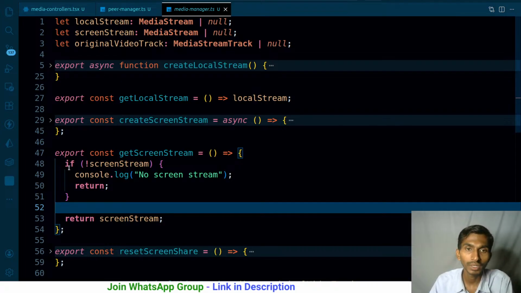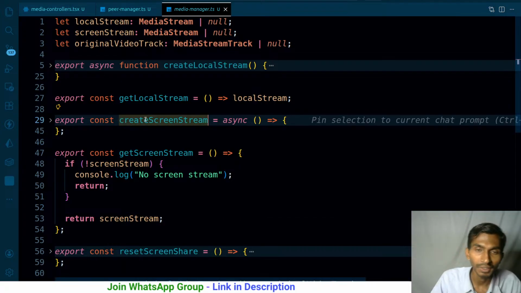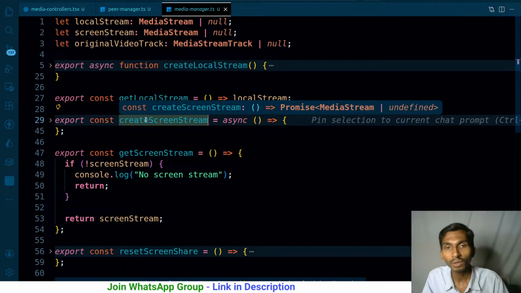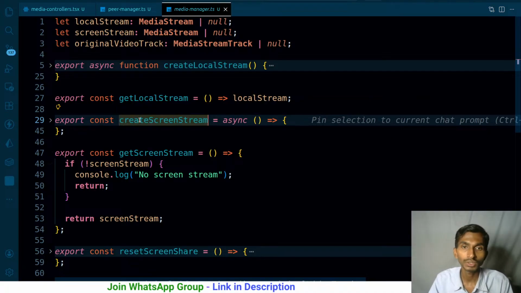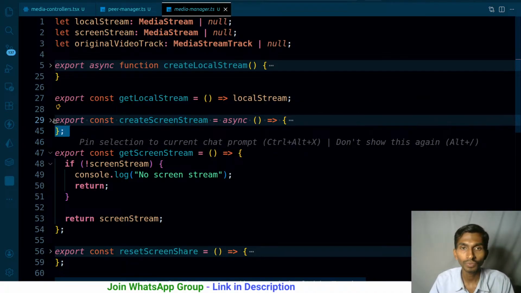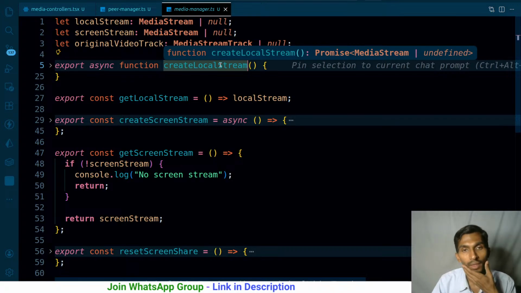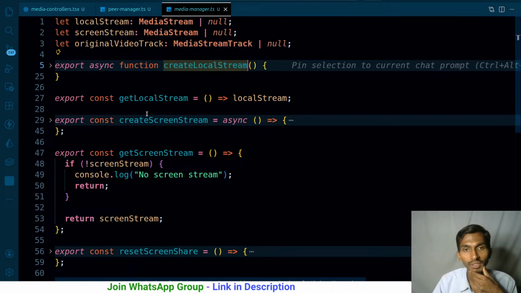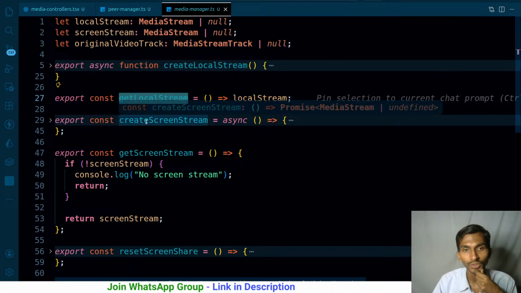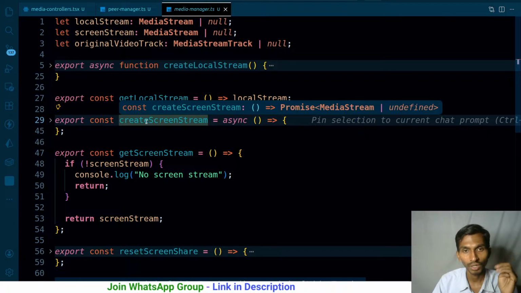I think I even have a create screen stream. We have, right? Yeah, we do have it. So for creating a screen stream, we are gonna be using this particular function, and we have a create local stream as well. Having said that, local stream is already created, so we don't really need to worry about this. Let's talk about this one.